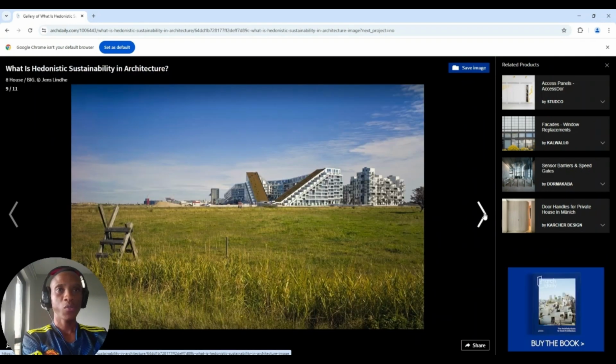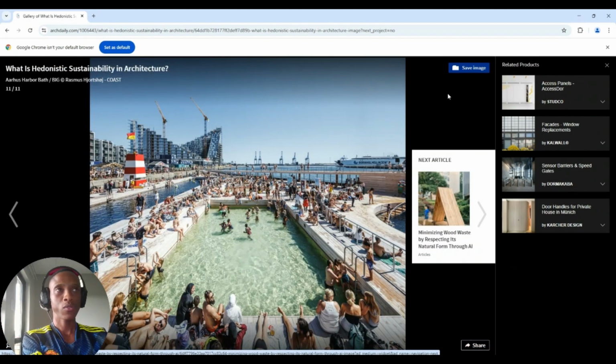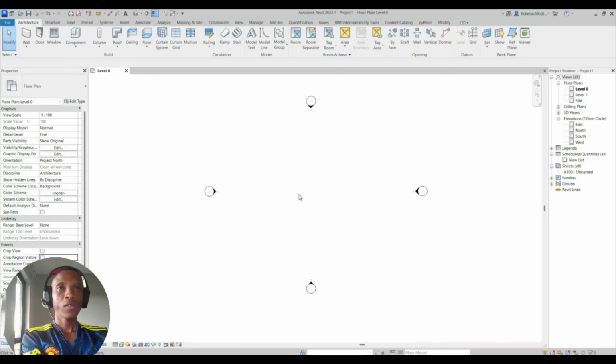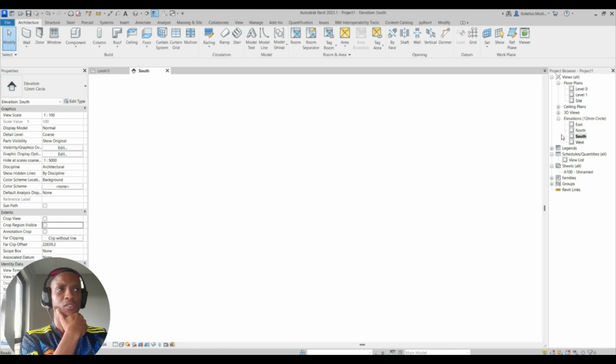So yeah, we're gonna follow these principles and then we're gonna model our own building. So here we are in Revit. What we're gonna do is go to the south elevation, and on the south elevation, we're gonna add